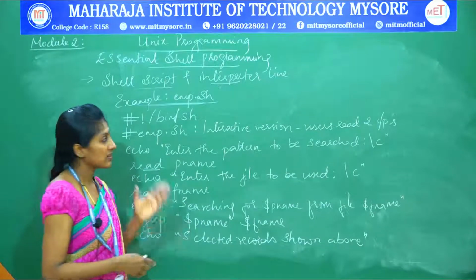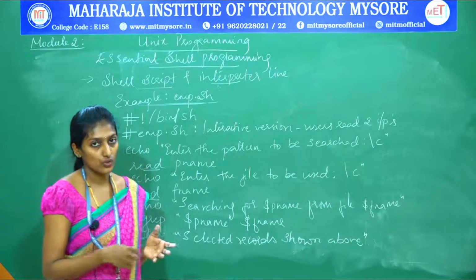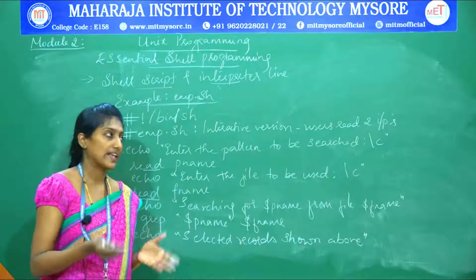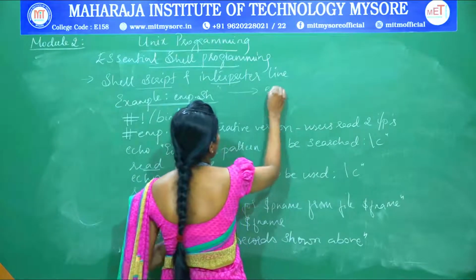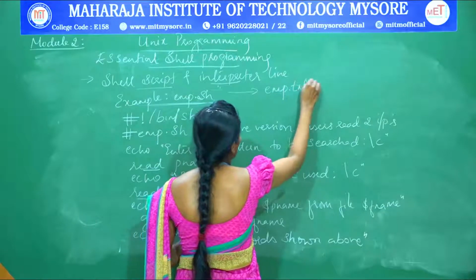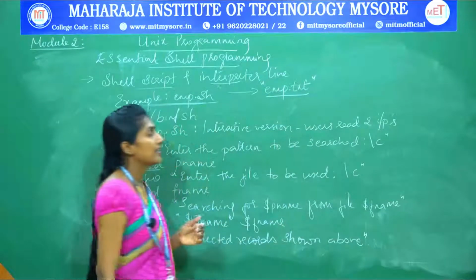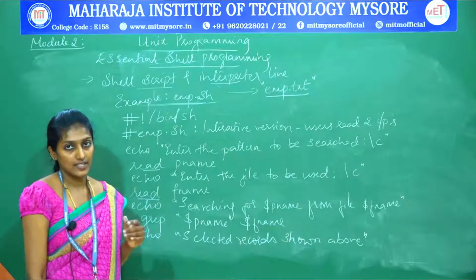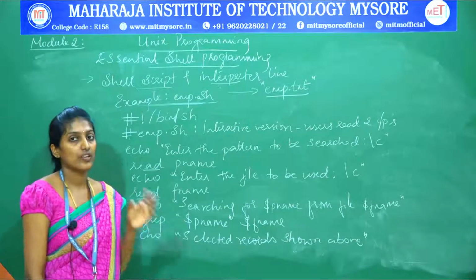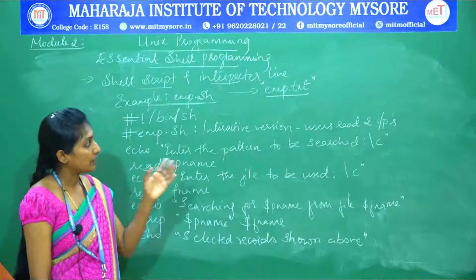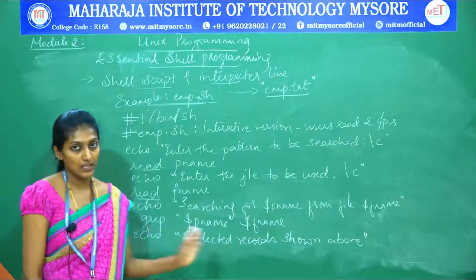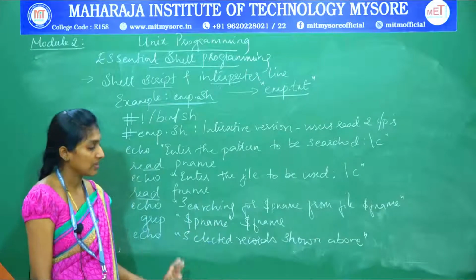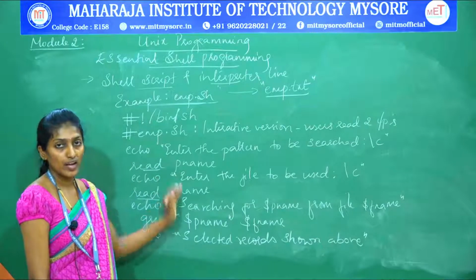So here in this particular scripting file, what I am trying to execute or show you in the output is that I am going to read a pattern from an existing file. Let me consider that existing file as emp.txt. So in this emp.txt file, I do have a list of employee details. So from that file, I am trying to search for the input pattern and display it. Wherever that pattern is present, that line is to be printed in my output. So that is what the program is all about.